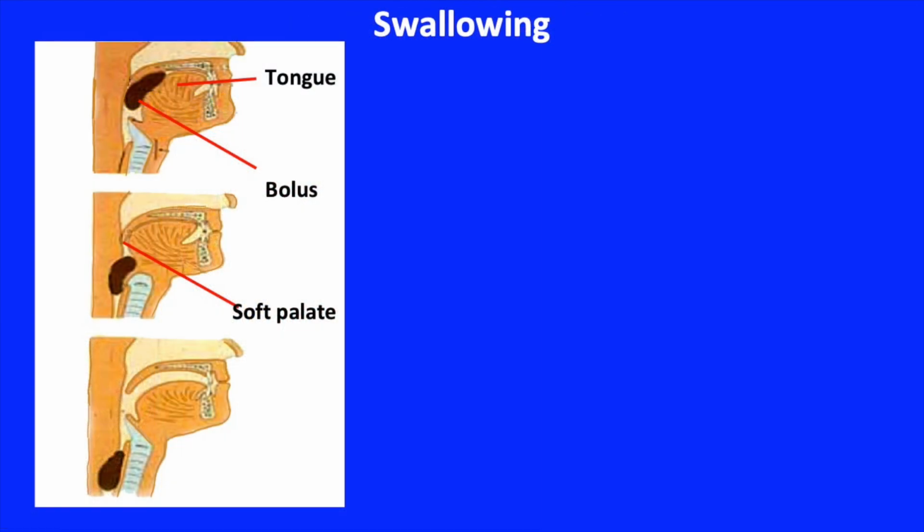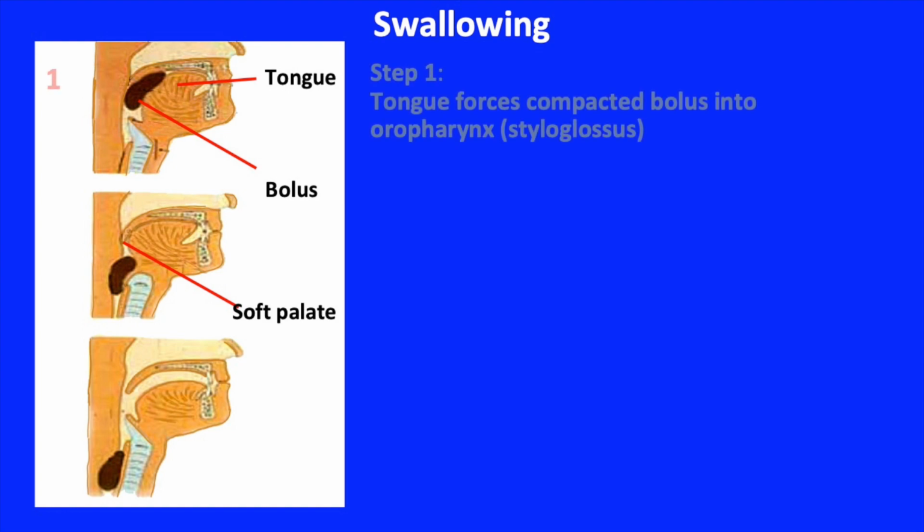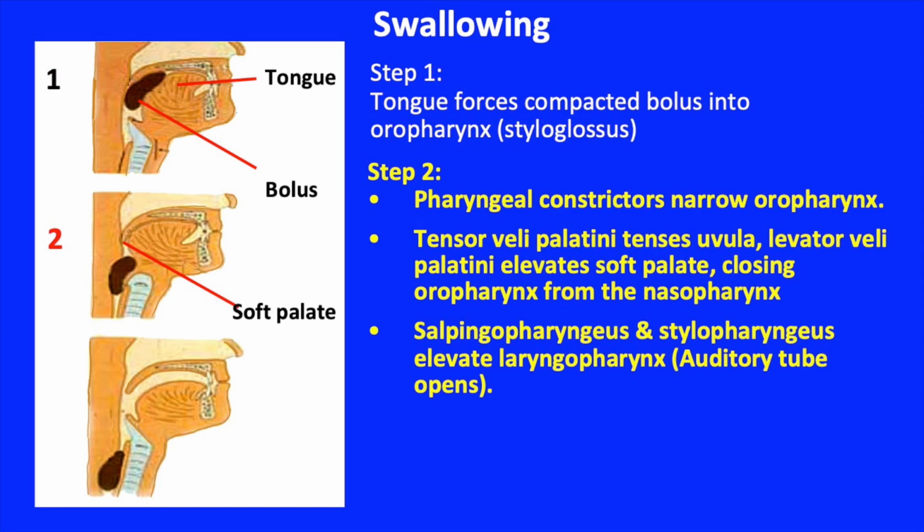Having identified the structures that will participate in swallowing, let's now present the mechanism of how it happens. In the first step, the tongue forces a compacted bolus of food into the oropharynx by the action of the styloglossus muscle. During step 2, the pharyngeal constrictors narrow the oropharynx. The tensor veli palatini tenses the soft palate, and the levator veli palatini elevates the soft palate, closing the oropharynx